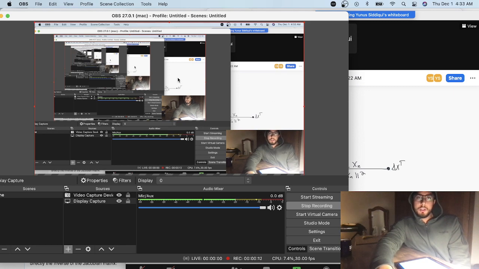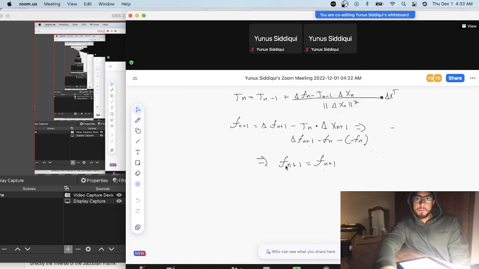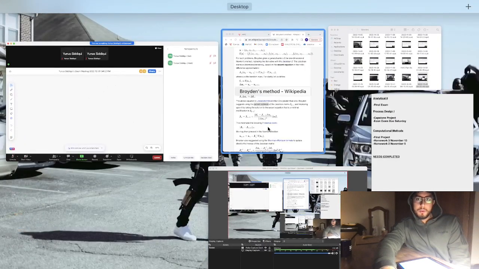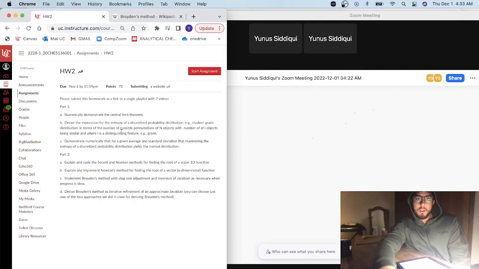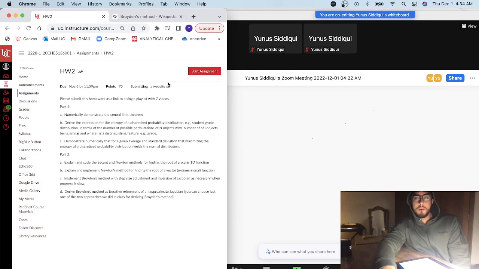What we're essentially going to be doing, this is me practicing, is deriving Broyden's method as iterative refinement of an approximate Jacobian. We're going to prove that it is correct for finding the root of a complex computational method. It's a much better way than using Newton's method, because Newton's method could be very long, tedious, and